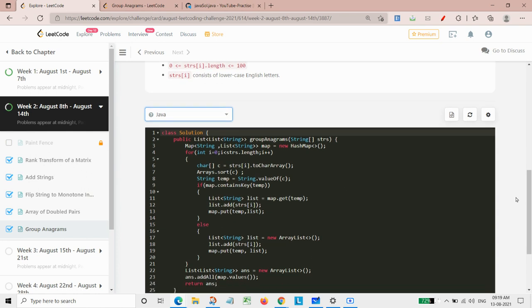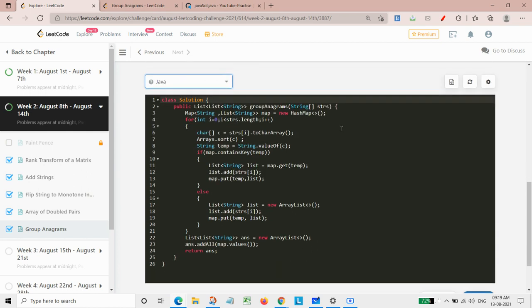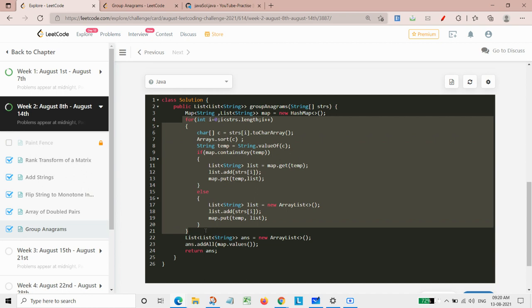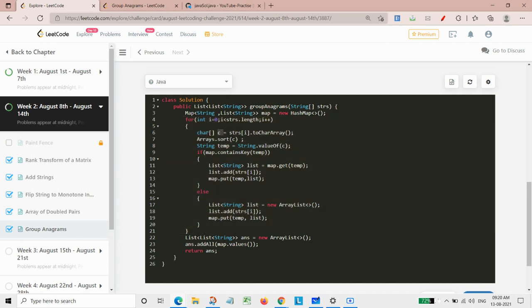In Java, a hash map has also been taken, and it was initialized first, and then we are simply traversing through our strings. Then we are taking out char c, where we have taken that string t.